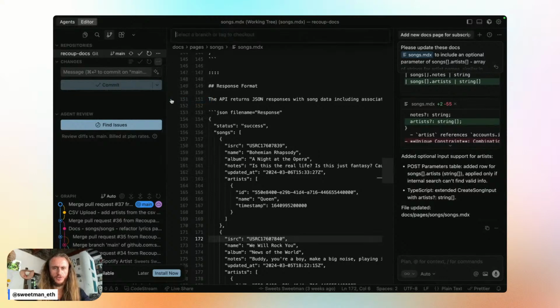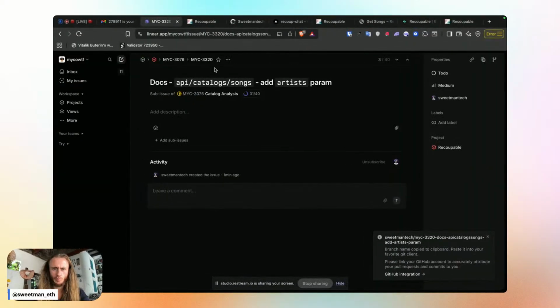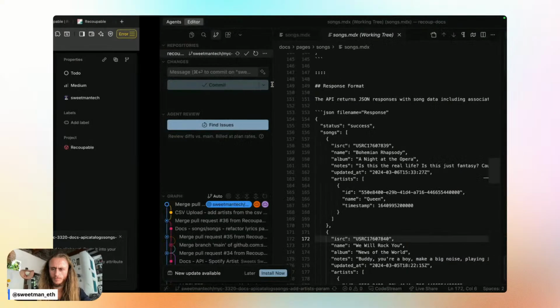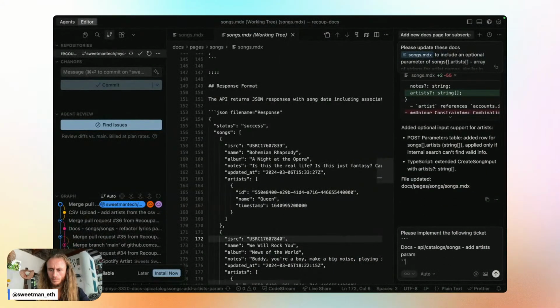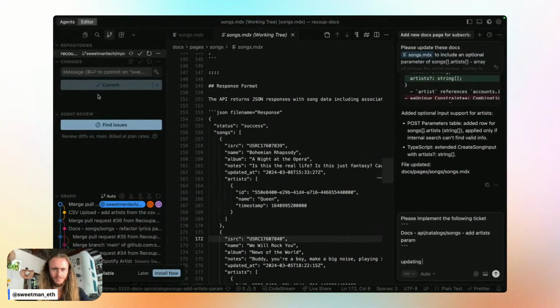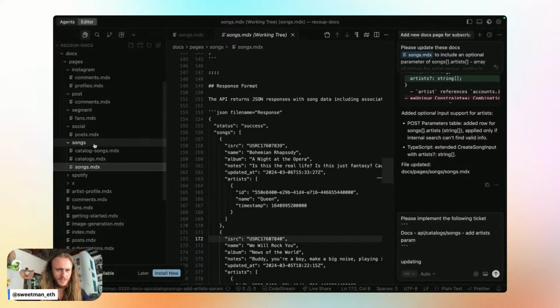Now we're going to check out to our new branch, publish the branch. Please implement the following ticket. Updating wherever that doc is